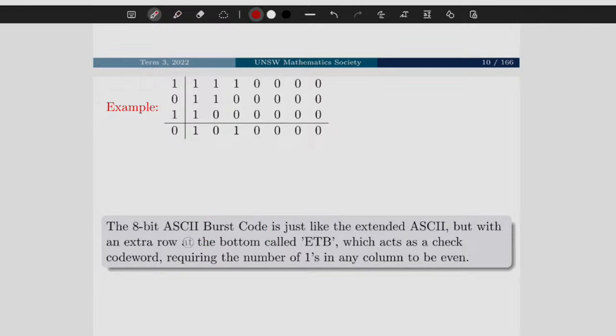The way we correct it is using this block, this row at the bottom that is an extra check. And it does the same thing that we were already doing with our previous checks, where, for example, here, all of these zeros, okay, well, my check is going to be 0 to keep even parity. In this column in particular, we see this had an odd parity, so my check is obviously going to also be odd. And that is essentially the construction of this extra row.